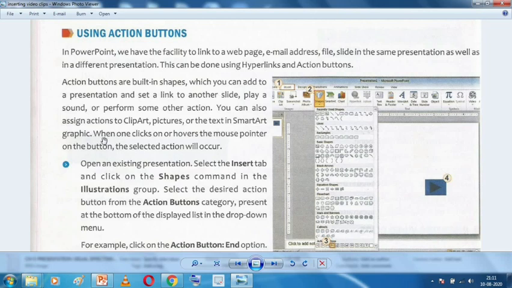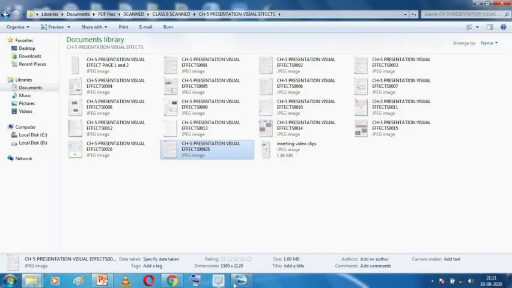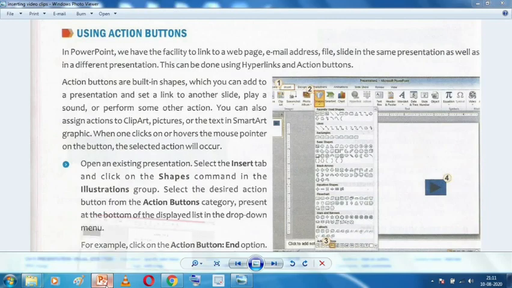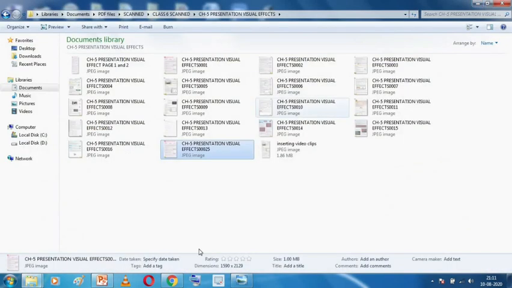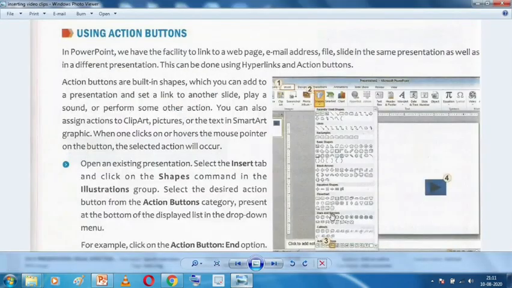When someone clicks on these action buttons, or someone hovers, what is the meaning of hover? Hover means just bringing your mouse on that particular button but not clicking on it.